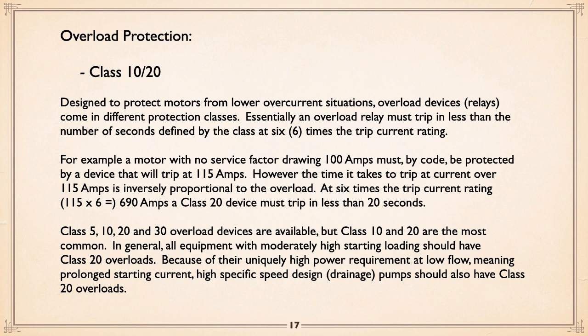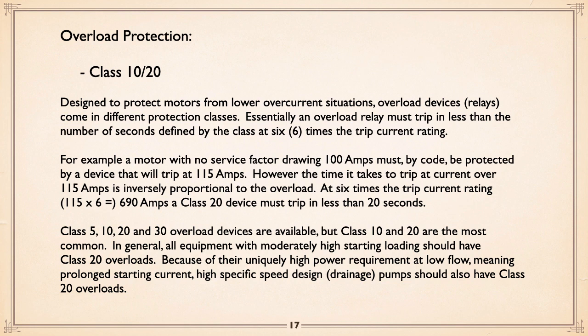Now here, for example, if you had a motor with no service factor drawing 100 amp, it must by code be protected by a device that will trip at 115 amp, okay? However, the time it takes to trip, in other words, if the trip point is 100 amp, at 115 amp you're allowed 15 amp, the device must trip within that 6 times. And the time it takes to trip is inversely proportional to the overload. Now I lie there. That's okay. That's our motor at 100 amp. So the device has to trip at 15. You're allowed 15%